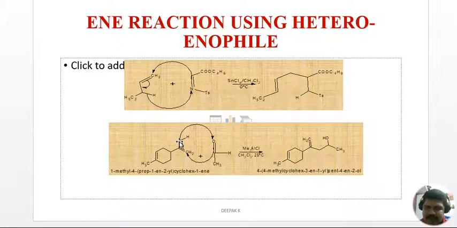Here you have just an allylic proton here, and it is moved to oxygen, right? Moved to oxygen, and this pi bond is ruptured, and this carbon will be attached to this CH2, right? So you have a carbon here with a double bond, then CH2, COH, CH3, and that is your product.